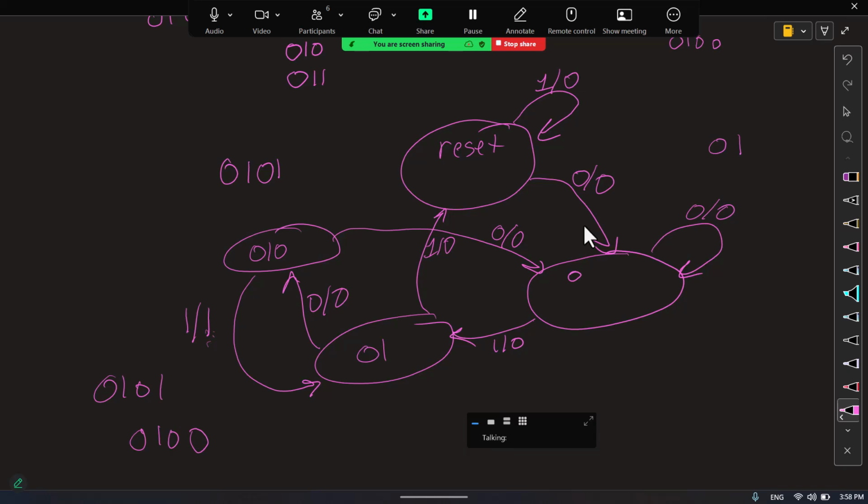Because if you had 0, 1, 0, and then you got a 1, you go back to 0, 1 with an output of 1, and you only need another 0, 1 to get another 1. Yeah, because you already had a 0, 1 from before. That's right. I already had a 0, 1 from before. And so from 0, 1 to